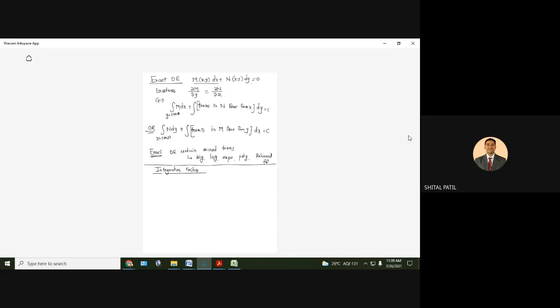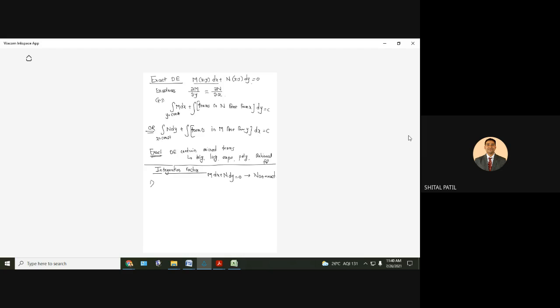Right, so say I have this differential equation. What do we know about this differential equation? Non-exact. Okay, it is not exact. And to reduce it into an exact differential equation, we have to multiply this differential equation by a factor. And the factor is known as the integrating factor. So the integrating factor converts the non-exact differential equation into an exact differential equation. Now what are the rules?